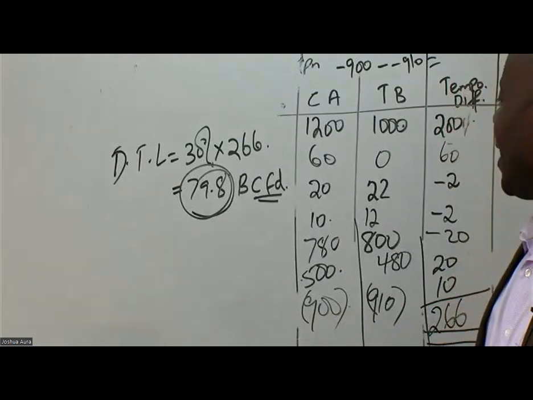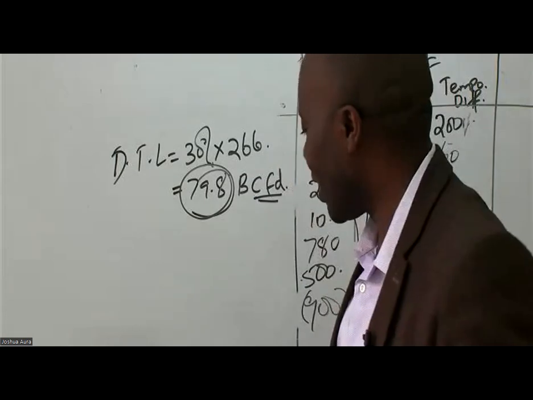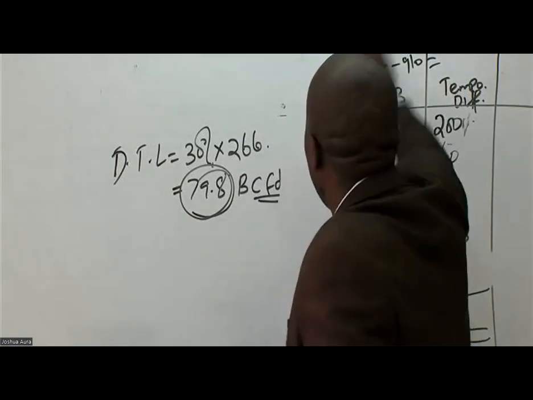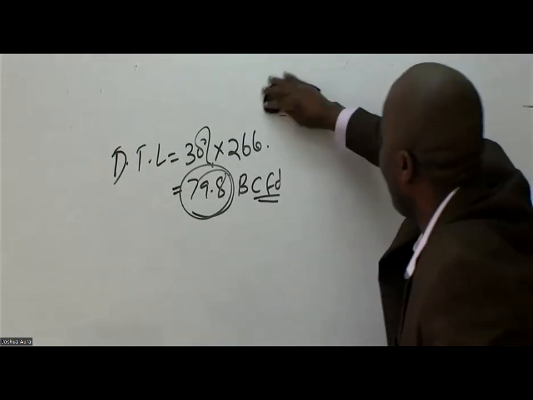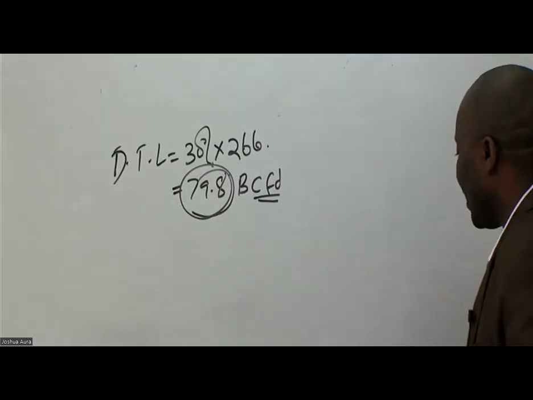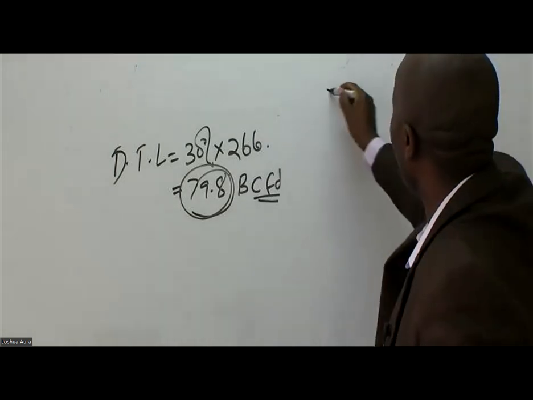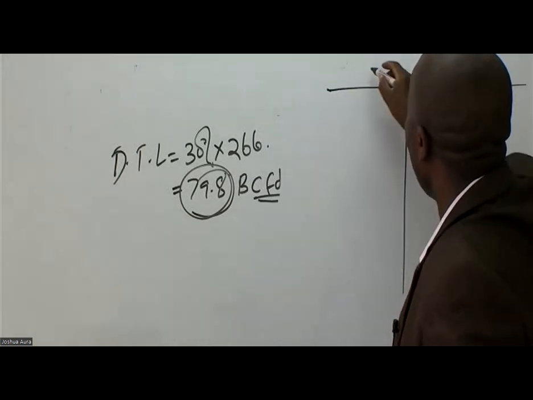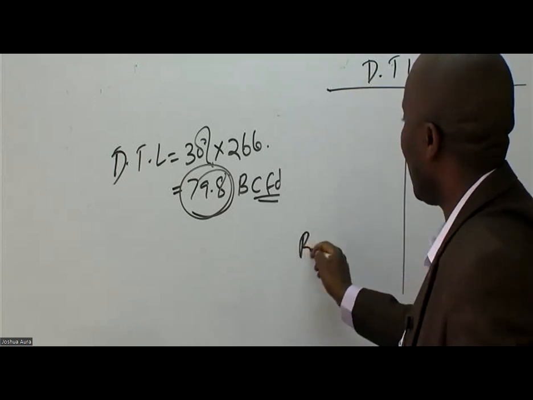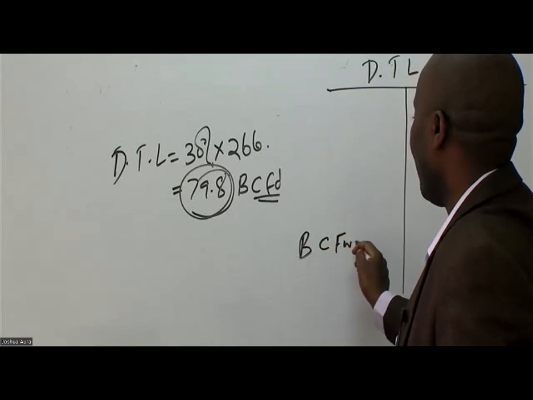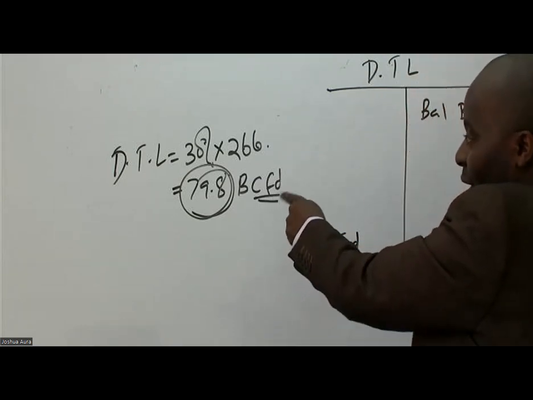So when I'll be doing my T account, this is what I shall end up getting. When I do my T account, this is my deferred tax liability. I'll have here balance brought down, and then I'll have here balance carried forward there. So the balance carried forward for this financial year will be